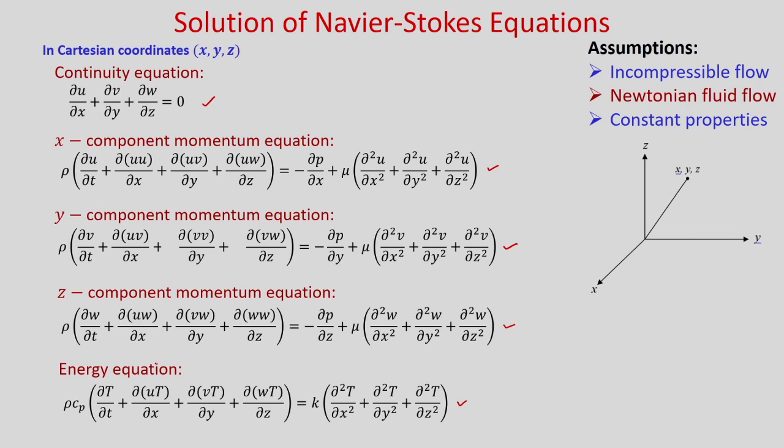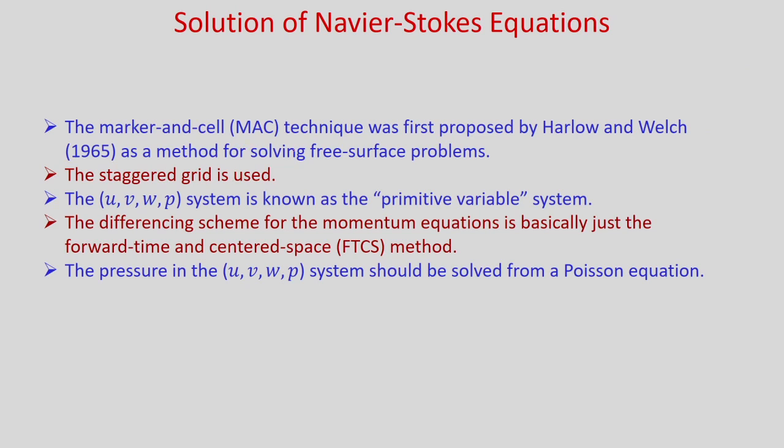So obviously you can see we have u, v, w for the Navier-Stokes equations and continuity equations. So 4 equations and 4 unknowns u, v, w and p. To find the pressure, there is no obvious equation. We need to derive an equation to determine the pressure from the continuity equation. We will use the marker and cell technique, first proposed by Harlow and Welch for solving free surface problems, and as we discussed in last class, we will use staggered grid.